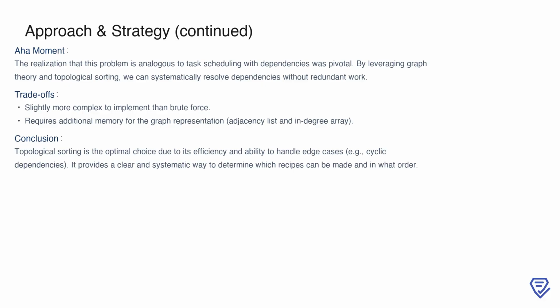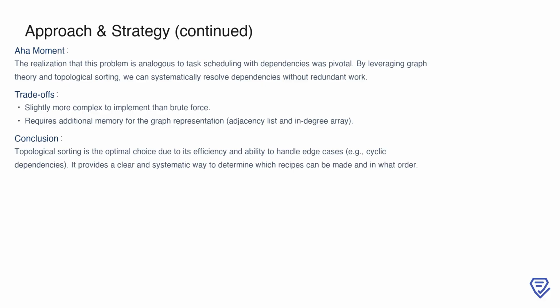Once framed in terms of graph theory, applying topological sorting provided a clean and systematic way to handle even the most complex cases. While this approach is slightly more complex to implement than brute force, the trade-offs are worth it. It efficiently handles edge cases, like cycles and dependencies, and avoids redundant work, ensuring an optimized solution. By leveraging the graph structure, we can clearly determine the order in which recipes can be made. In conclusion, topological sorting stands out as the optimal choice for solving this problem due to its balance of efficiency,